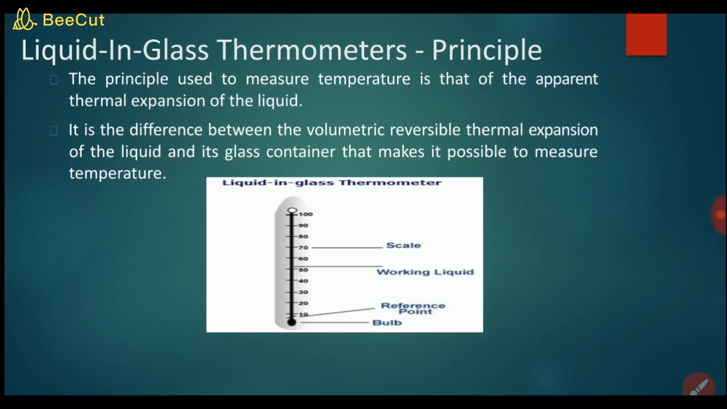The principle used to measure temperature is the apparent thermal expansion of the liquid, which is the difference between the volumetric reversible thermal expansion of the liquid and its glass container, that makes it possible to measure the temperature. So as you see, there is a working liquid standing in the black line, and the scale and the reference point are at the bottom, and there is a bulb. Okay,